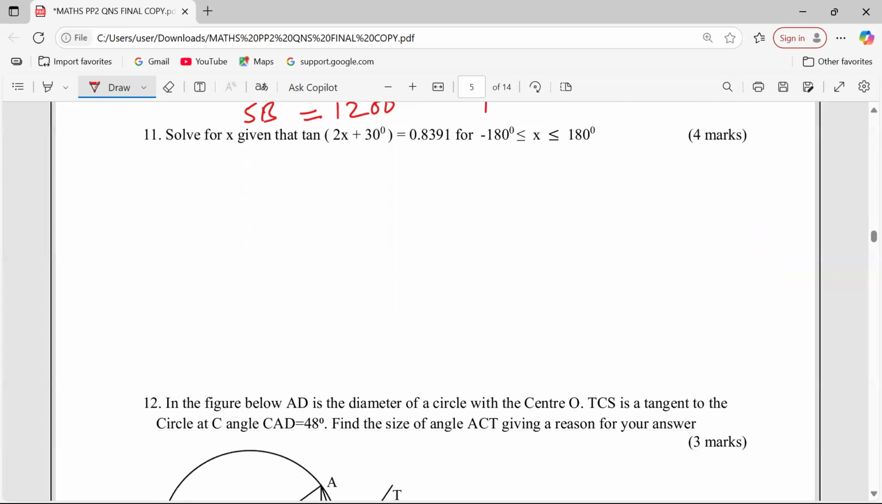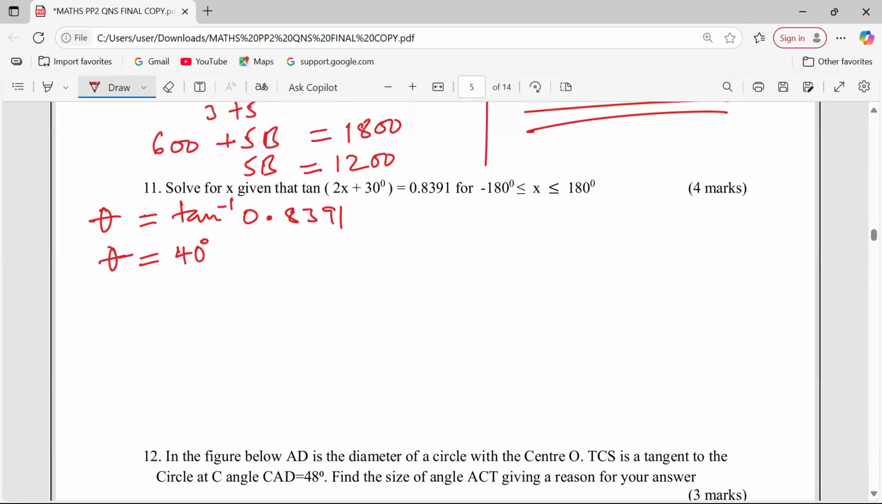Then now we find ourselves in number 11, which is a question on trigonometry. Solve for x given that tan of 2x plus 30 equals 0.8391 for negative 180 all the way to positive 180. The first thing that you're supposed to do is identify an acute angle that we will work with. So the acute angle will be given by tan inverse of 0.8391. So this data that you're working with, 40. It's good for you to remember that